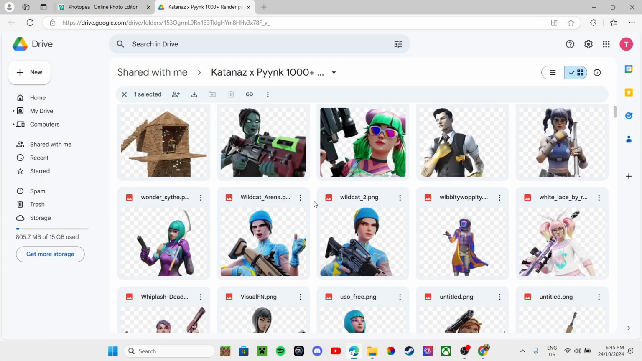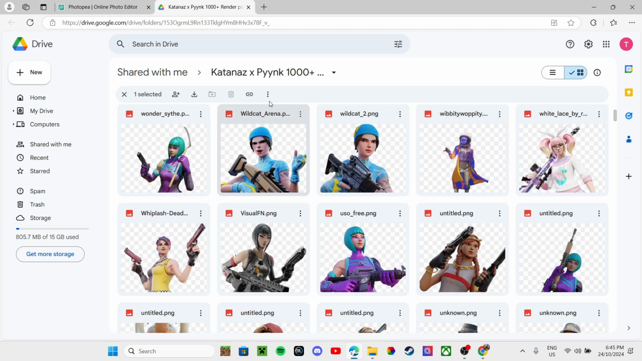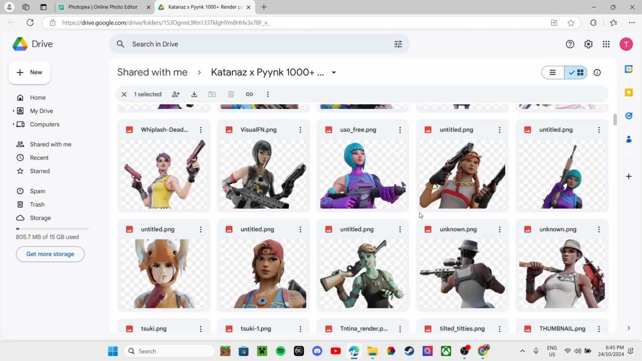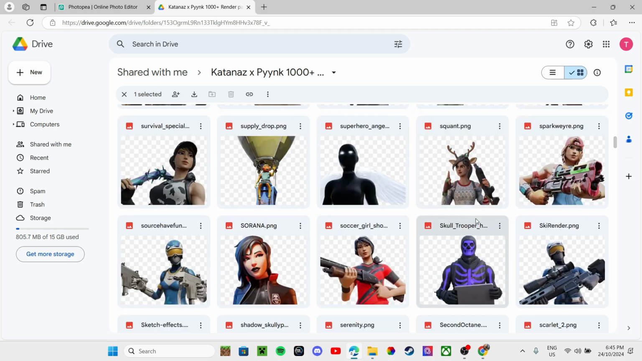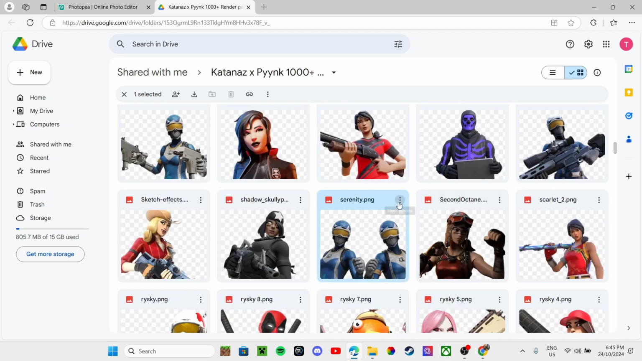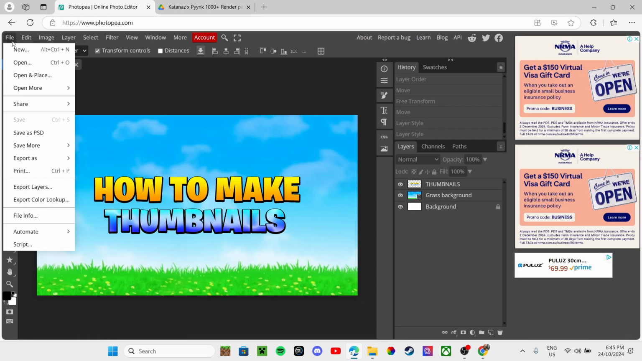So now we're going to be doing the render, and in the description I linked a render pack, and it's got like 1,000 renders, and there's heaps, so you can just scroll until you find one, and then you can just press the 3 dots, and then you download it, and then you go to Photopea, File,